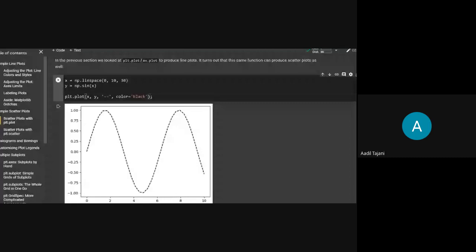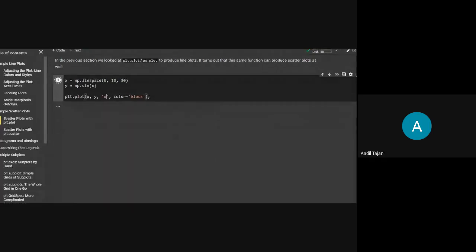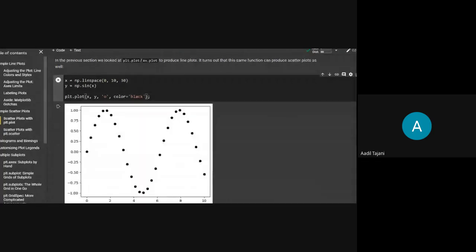A scatter plot should not connect those values, so you have to mention different symbols. The points that you see in a scatter plot are known as markers, and there are different values for markers. If you refer to the Matplotlib documentation and search for the different markers available, you will see them. As you can see here, we have taken 30 points from 0 to 10, equally spaced, and plotted sine values. There is no line, but those points have been plotted here.